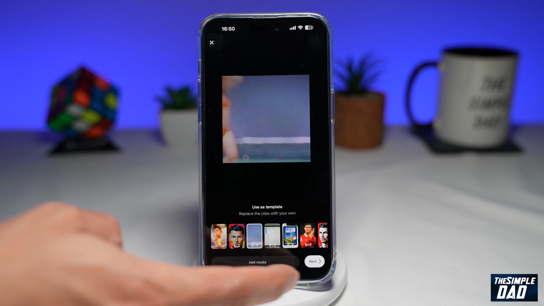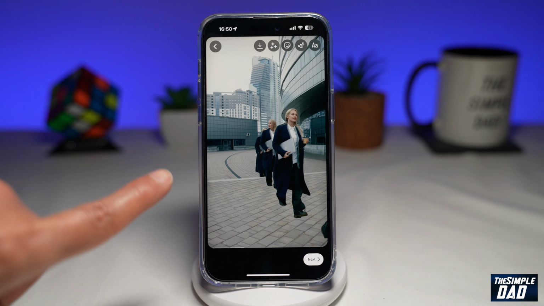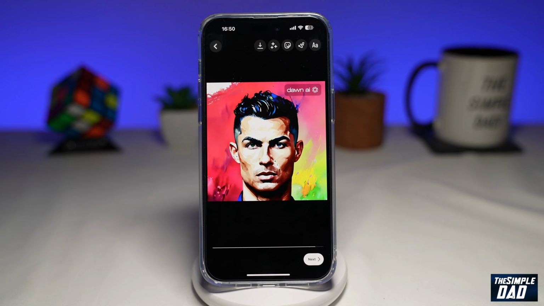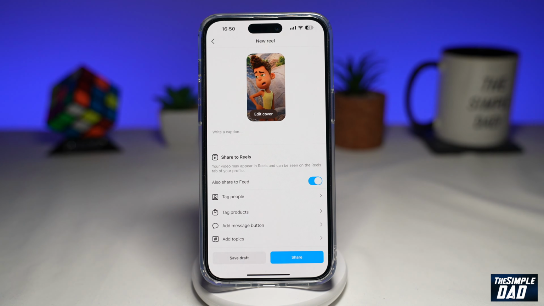Now once you're happy, tap on Next at the bottom right. So in this reel, the sound is included as well. However, I have muted due to copyright reasons. So go ahead and preview the video, and once you're happy, go ahead and tap on Next and then post your reel to Instagram. So that is how to create the 2022 season comes to an end video trend on